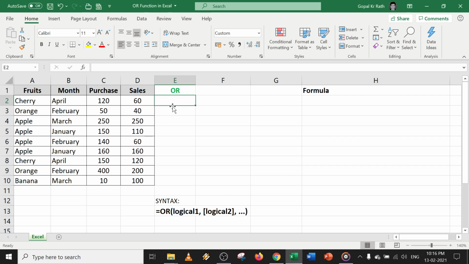In this video, I'll explain the OR function in Excel with examples. This is a small formula, but when it is used along with other formulas and functions, it is more useful. So you should know what the use of the OR formula is so that you can combine it with other formulas